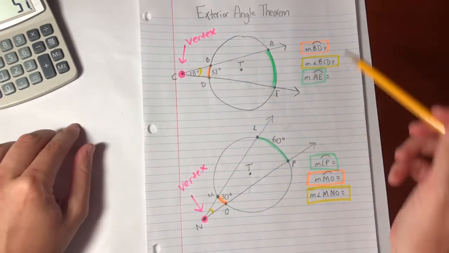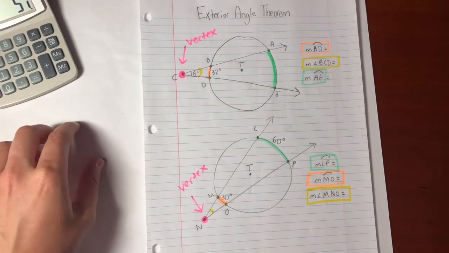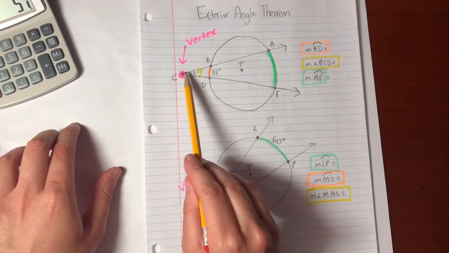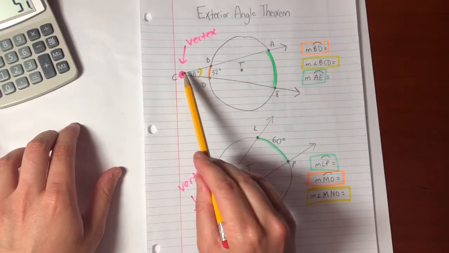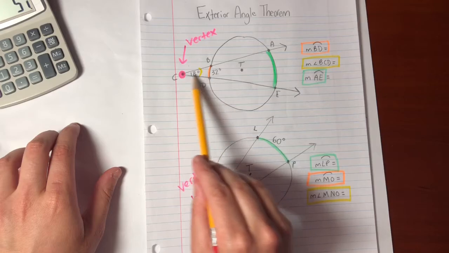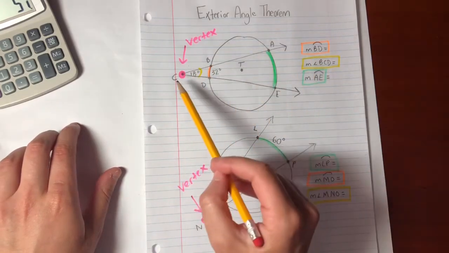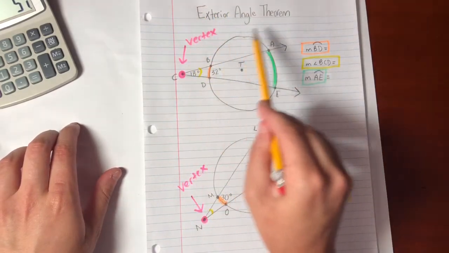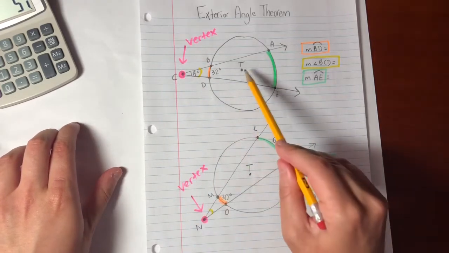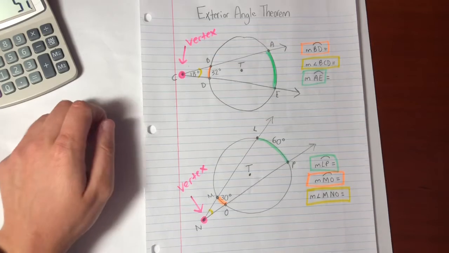So a couple things again before we kind of go to solving here. Notice now how I have ray CA and ray CE, and they meet at the common point, or the vertex, right? The vertex is just that middle point of the angle that actually forms the angle, is now outside of the circle, hence the exterior angle theorem. So this angle is now working with outside of circle T, okay? So